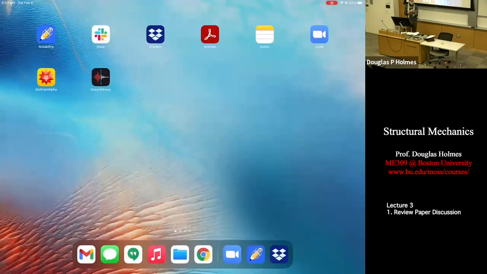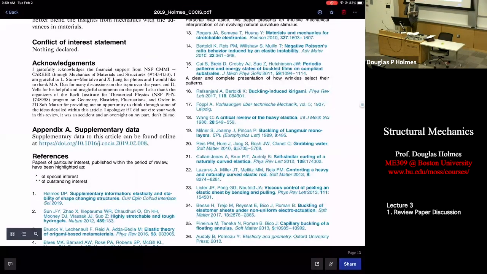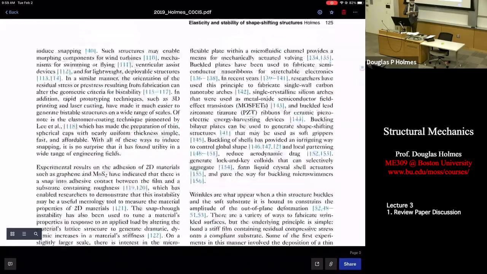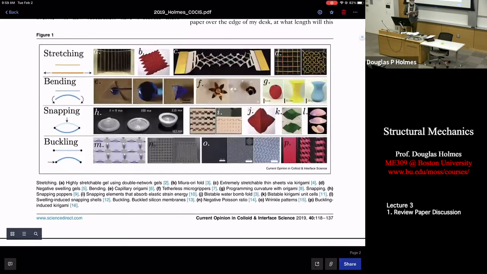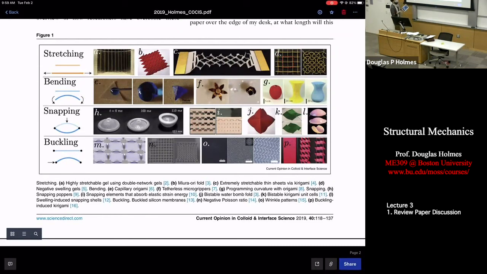I think that's down. Do I have a figure in Kirigami? Oh yeah, up here. Okay, cool. So the top row here, stretching. So that's Kirigami. You put cuts in a sheet and you pull on it. We've found that you can make really cool structures by putting cuts in these sheets. And the thing that we found, I'll show you a video. So just by playing with where you put the cuts and the shape of the sheet, we have recently